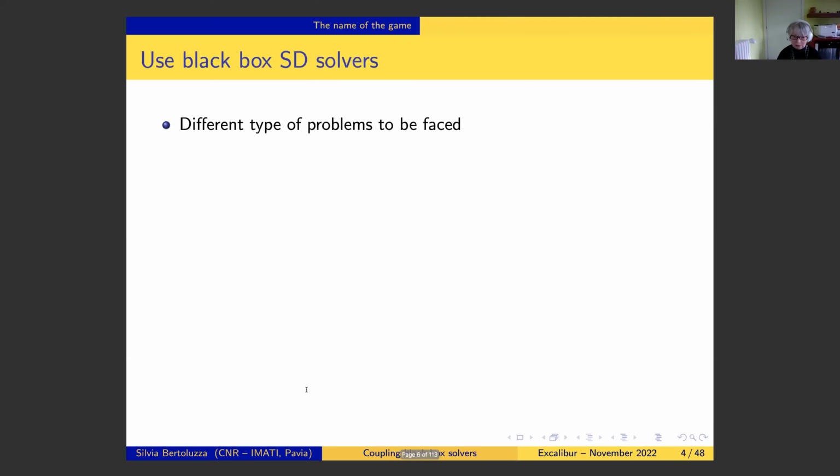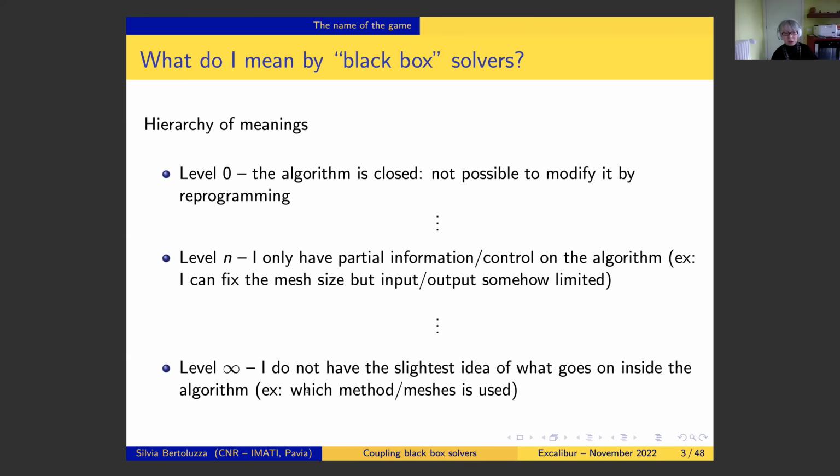And then there are several intermediate levels where I have partial information or control of the algorithm. For example, if I know that I'm using finite elements, I can fix the mesh size, but the input and output have been fixed by the person who programmed my solver, and I have to use them as they are. Okay. Let me underline that unless you programmed the solver yourself, it's very rare that you really know everything that goes on in